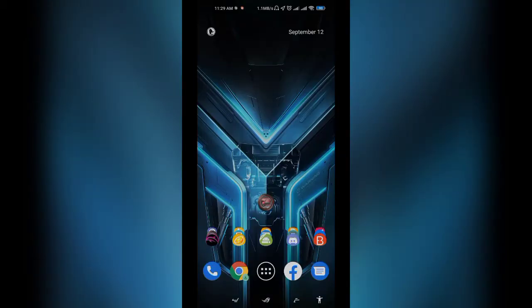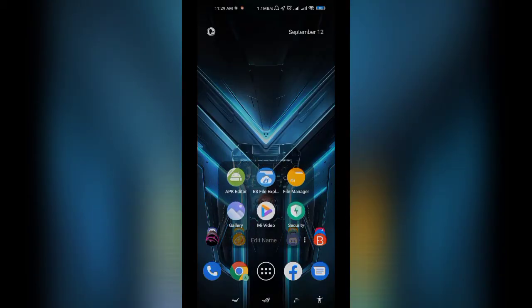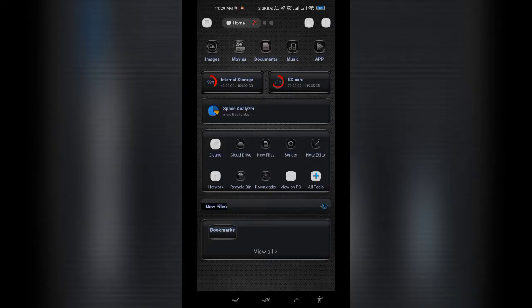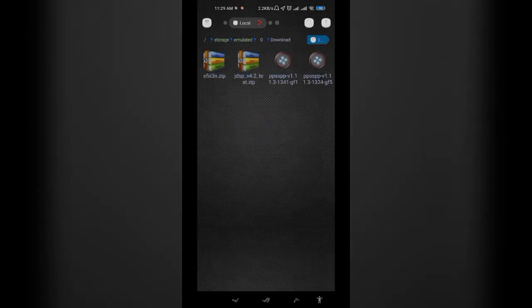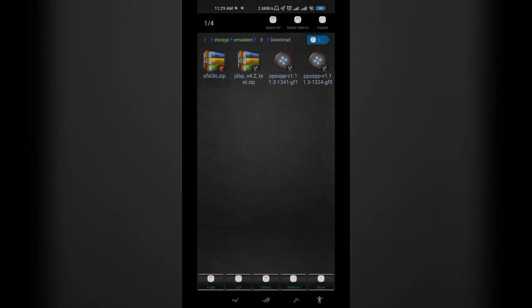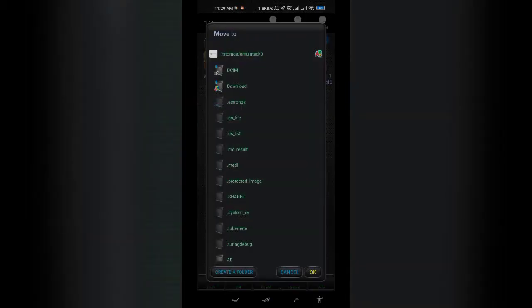Okay, finish download. Open ES File Explorer. Internal storage, download. Here. Move to Android data. Search